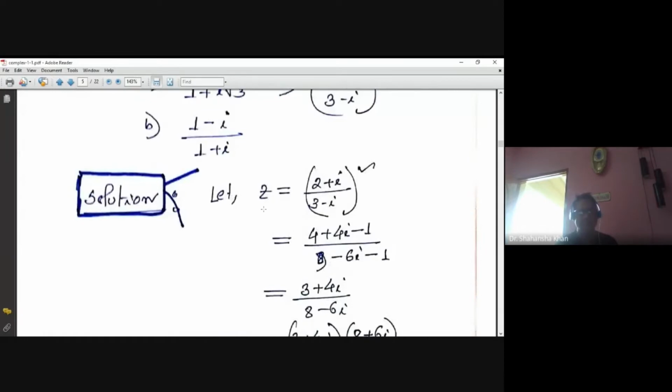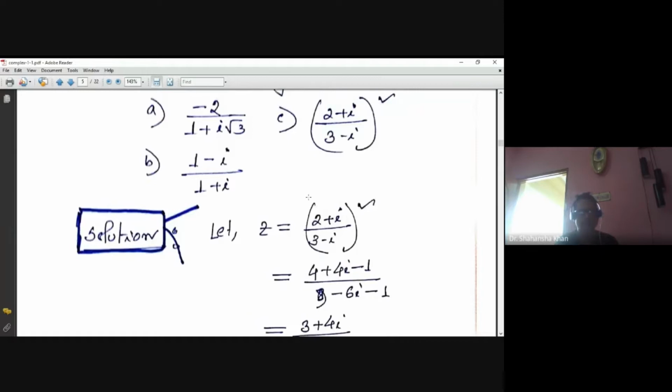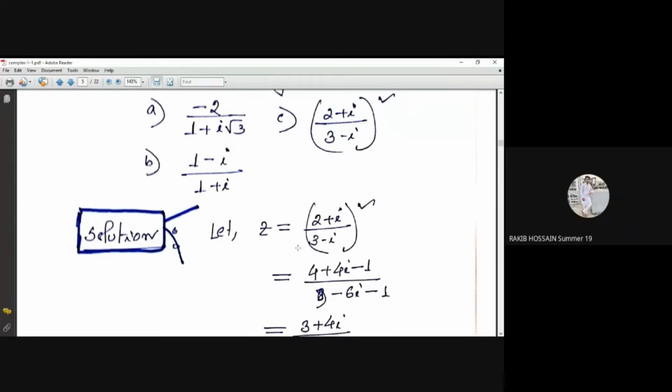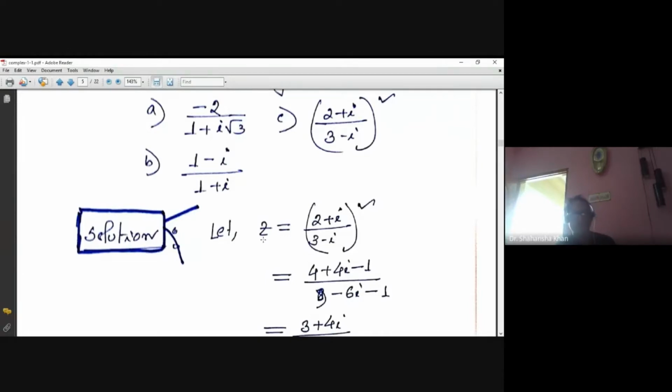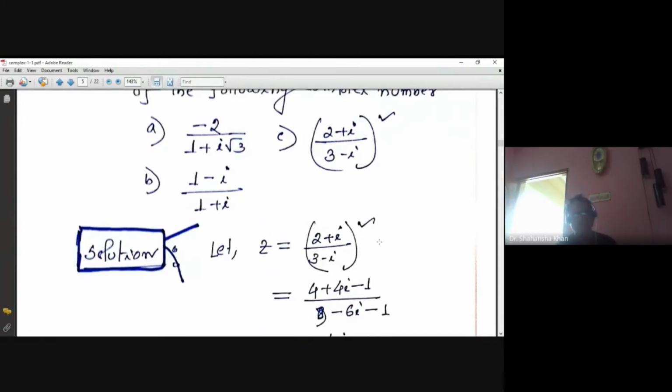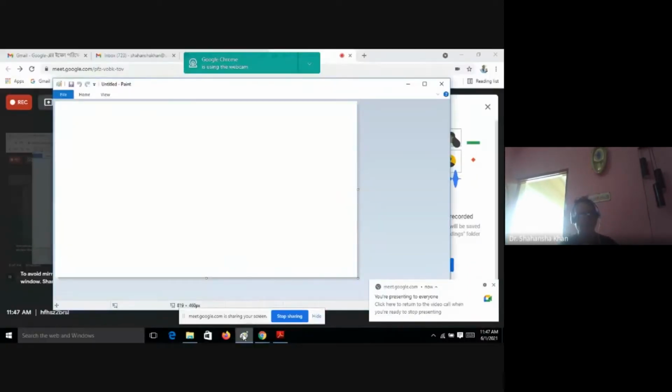Sir, I can solve this maths on the whiteboard. Of course, sir, sure, it is needed. Okay, you can help me with this maths. I go to the whiteboard. You can see the whiteboard. Rokibul Islam, can you see the whiteboard?